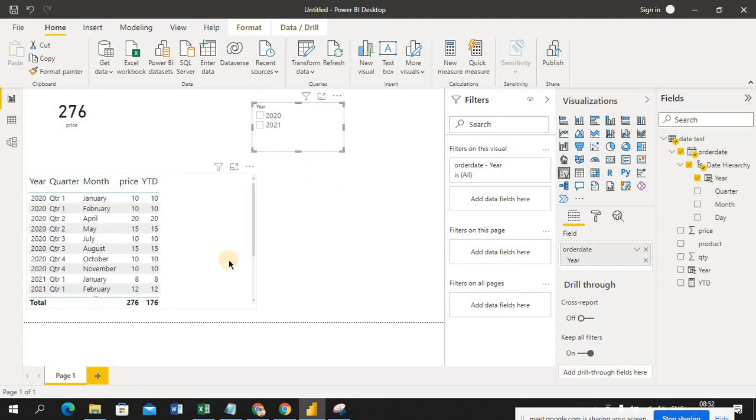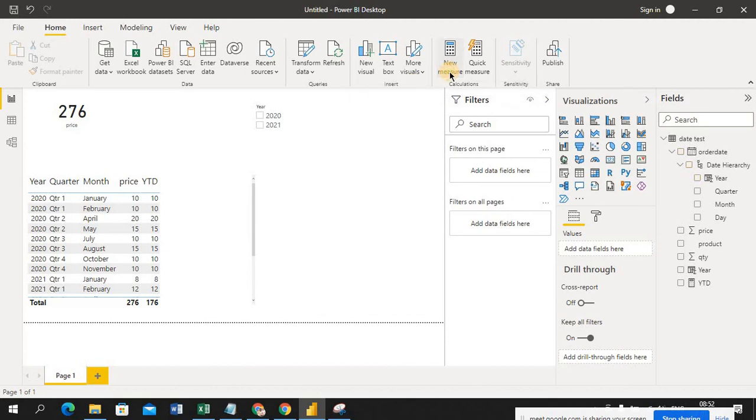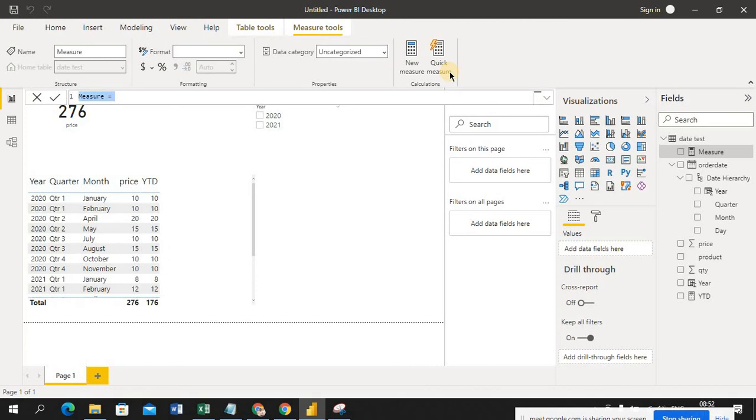If I select 2020 here, the year shows like this, but I don't want that. By default this report should work statically, and it should present current year sales and last year sales as a comparison. So how do we do that? Again, go to new measure. I'm giving last year YTD, last year same, year to date.